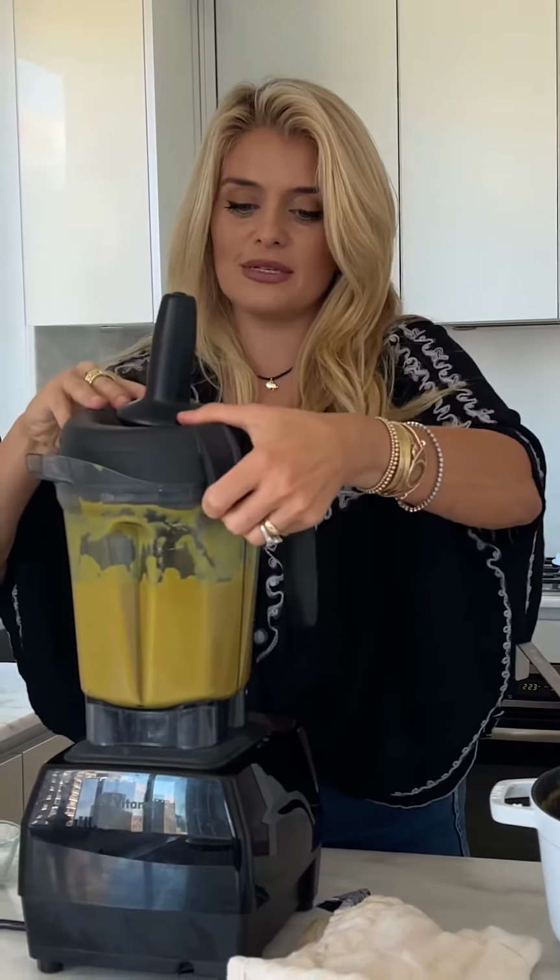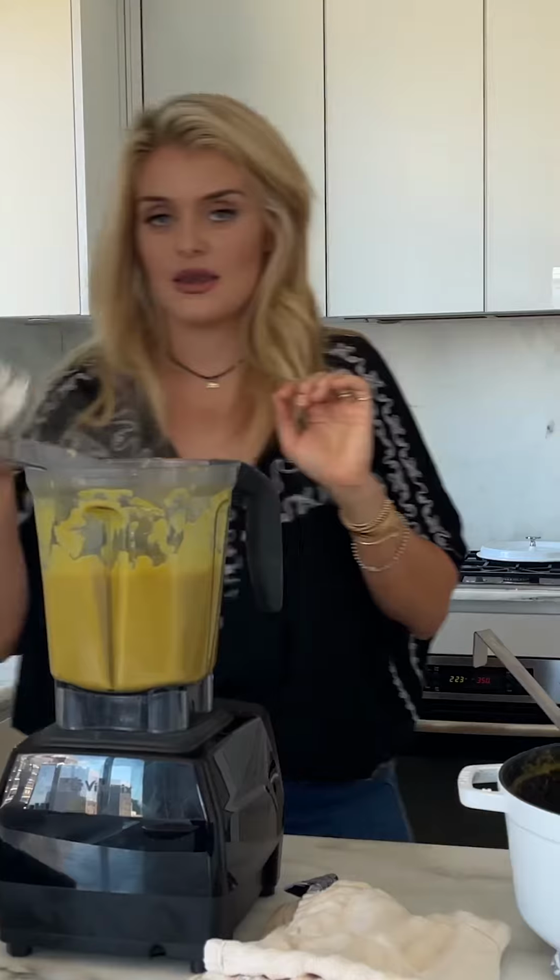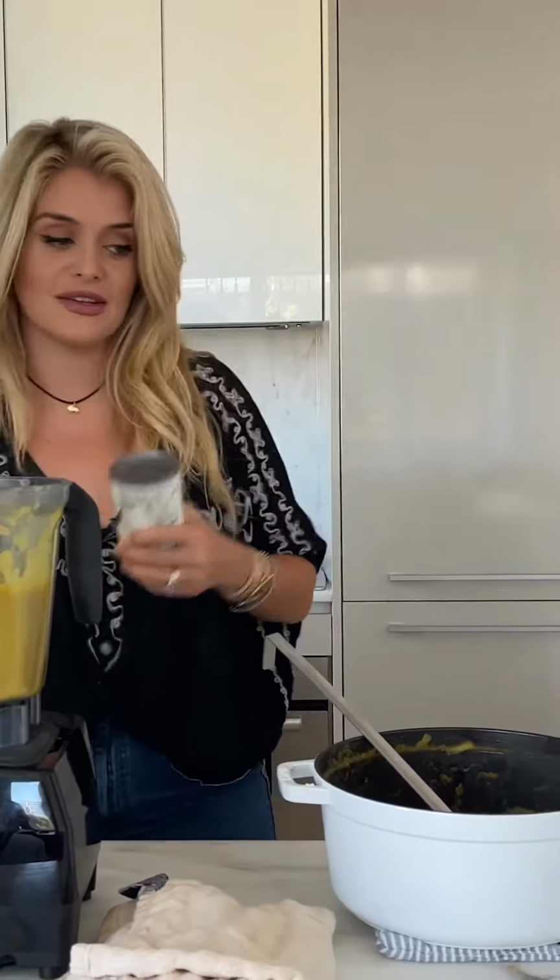Now check this out. Wow. Steamy, creamy goodness. Now, let's get a little coconut milk in here, shall we? Give it a good shake. I'm using a can of light coconut milk. It is going to give us a nice hit of creaminess, some nice flavor, but not too much additional fat. Let's go ahead and add about a 1/4 cup here,